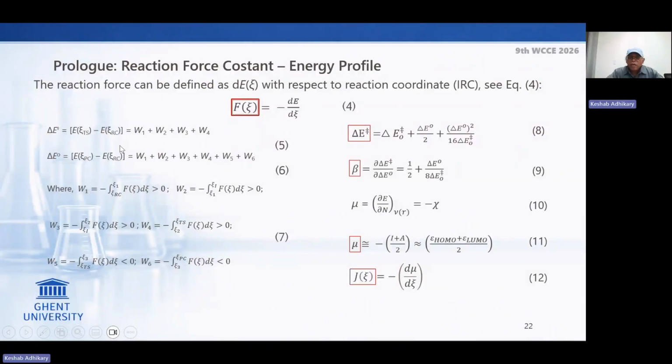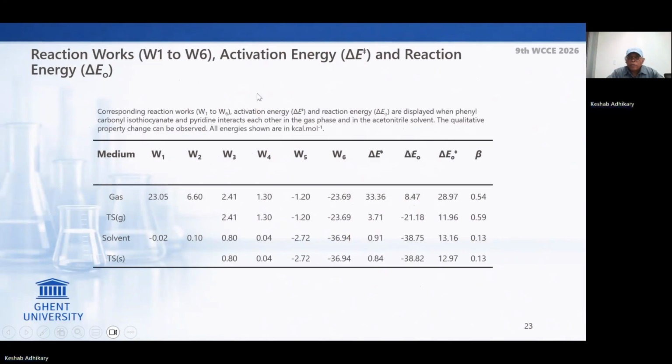W1 and W6 are mainly structural rearrangement, and W2 to W5 are usually charge reorganization. So we can find that out from here. From this calculation, we find the work function of all steps, and from there we can find the activation energy, reaction energy, intrinsic activation energy, and the Bronsted